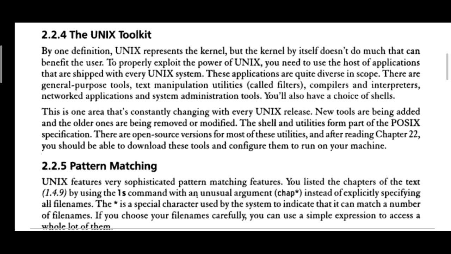You also will have a choice of shells. This tells about the various versions of the operating system in general. So various options are available as per the user's requirement, and we can go for it.